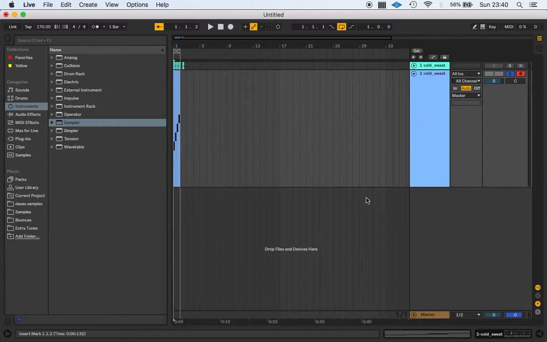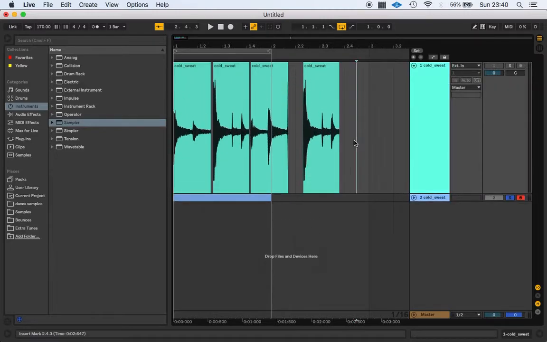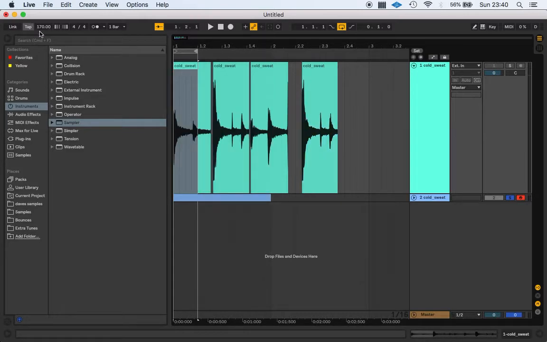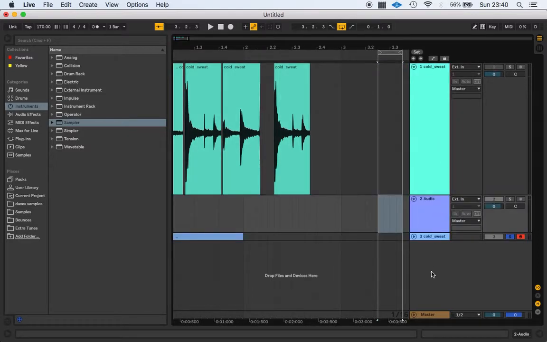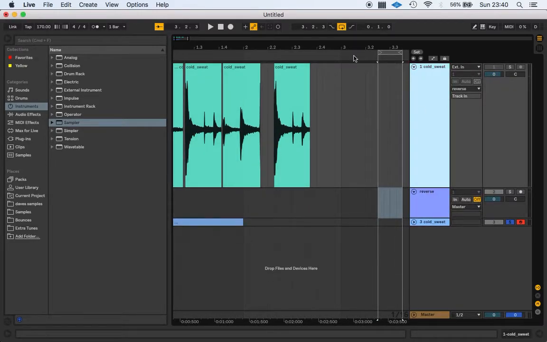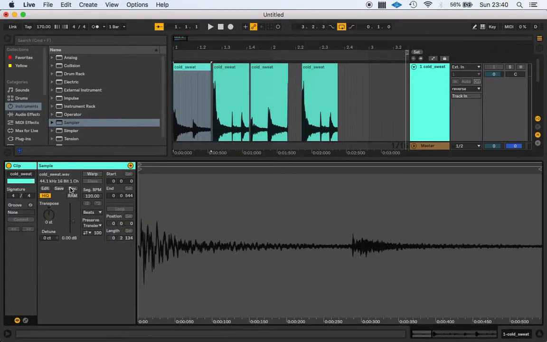Oh yeah, one other thing you could do is make reverse slices as well for your sampler patch, which, as far as I know, the best way of doing that is by making a new audio track. You can call it reverse or something. And set the output of your break channel to that audio track that you've just made. Click in there, on the track, and then double click the slice, click rev,